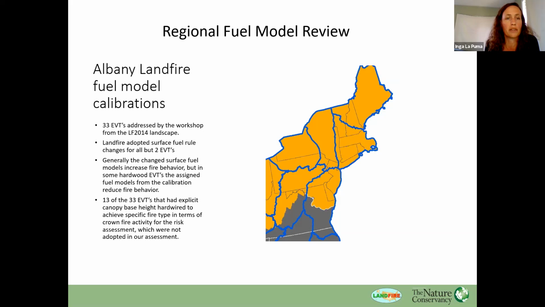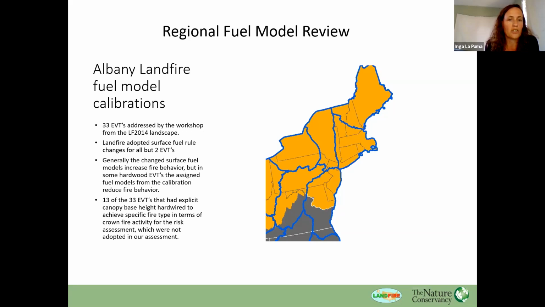There are approximately 33 vegetation types addressed during the workshops, and we adopted all of them but two, some ruderal and an agricultural type that were the same across the entire country, so we couldn't change those.